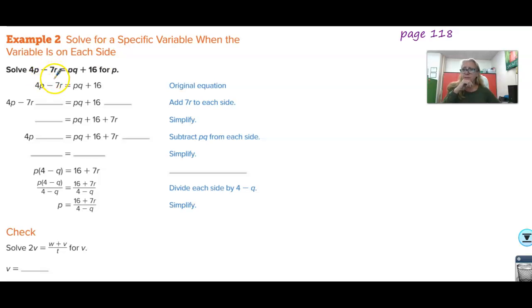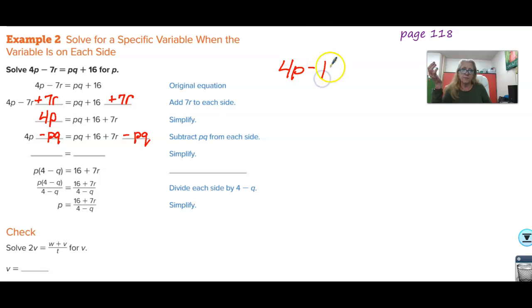All right, so the first thing you're going to do here is get rid of this minus 7r. You're trying to isolate this 4p, so we're going to add 7r to both sides. Add 7r there, add 7r there. Then we have just 4p on this side, but we still have this other pq term on the right. Well, we need to get that pq term over onto the left. So we subtract pq from both sides, minus pq from both sides. Help if the pen would work right. This gives us 4p